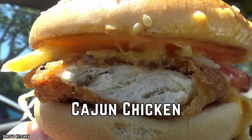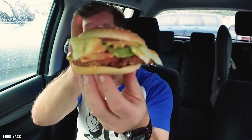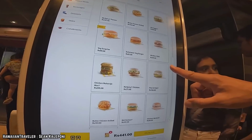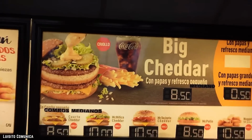Cajun Chicken. Here's another item that you're going to be shocked hasn't made it onto American menus yet. McDonald's Cajun Chicken. Considering Cajun flavorings have their beginnings in Louisiana, you'd think that it would be available stateside. If the amount of chicken options available on McDonald's African menu proves anything, it's that South African diners most definitely